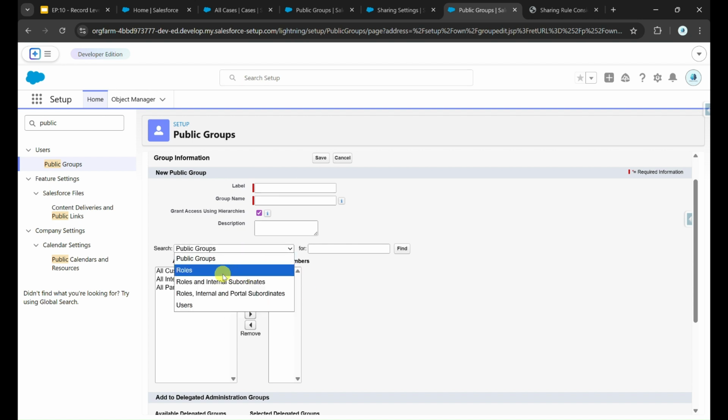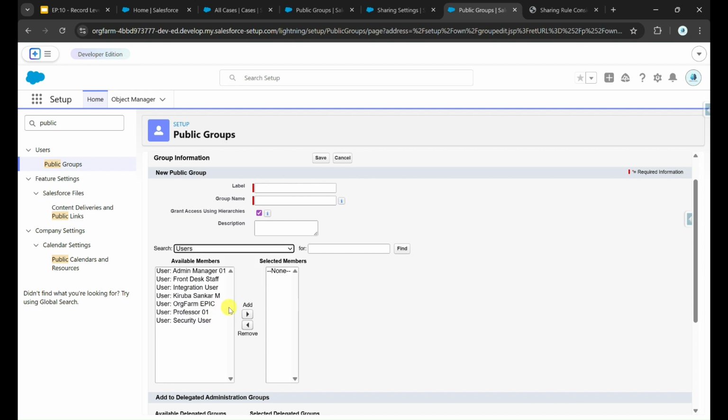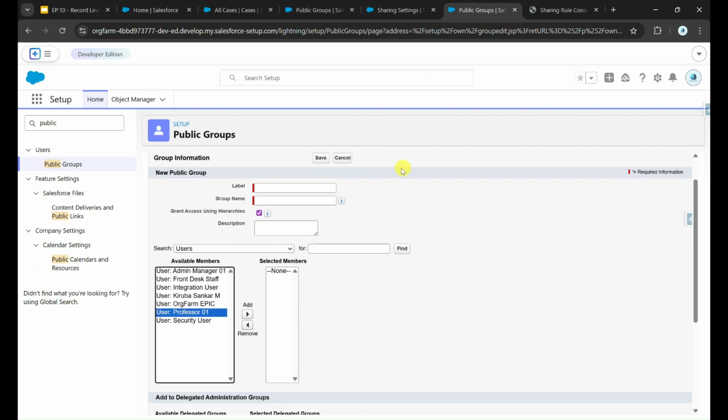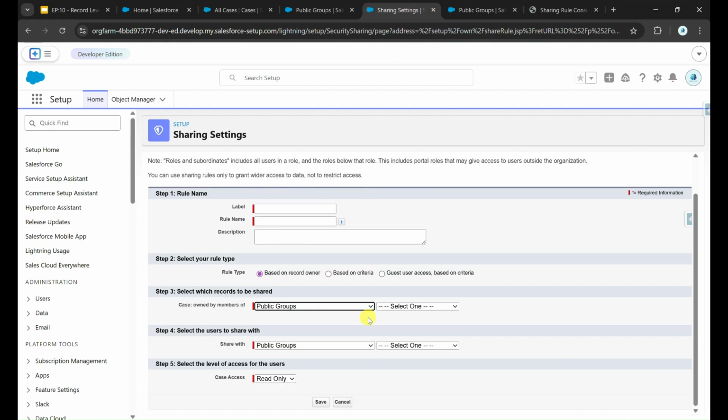You can select the roles and internal subordinates as we saw earlier, or else you can select individual users as well. If you select role as the option over here, all the users under that specific role will gain access, right? But let's say your requirement is that a specific set of users, irrespective of their roles, should gain access, then you might create one public group, add the respective users, and